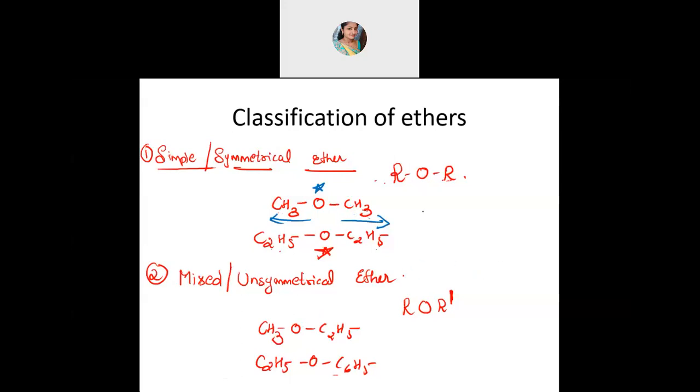Okay, moving on with the nomenclature now. Let's go for the nomenclature part. How to name this, IUPAC as well as the common name. Let me give you the common name first. Common name is, because we are putting that OR group here, so it is called as